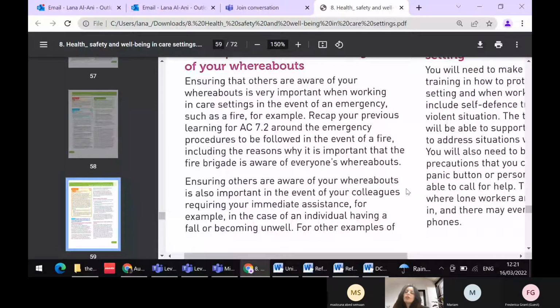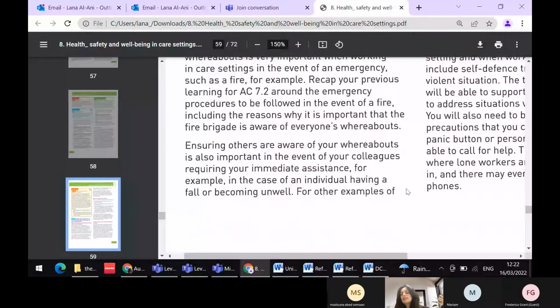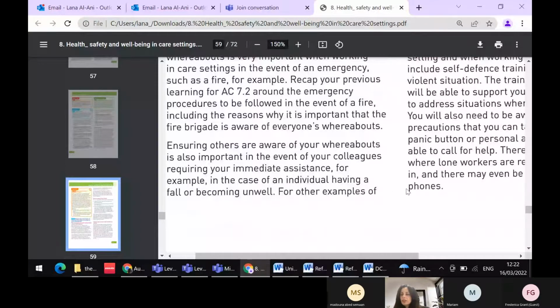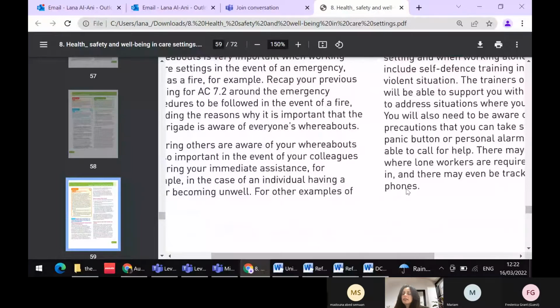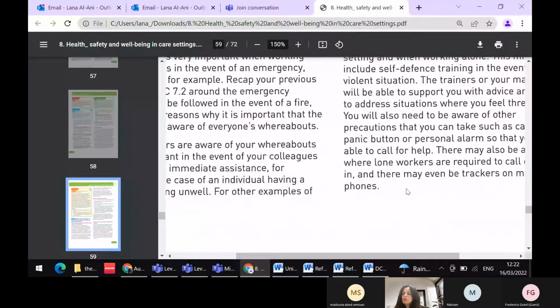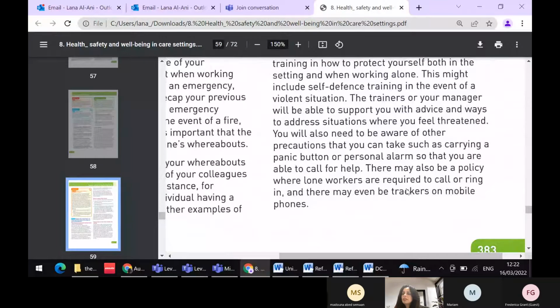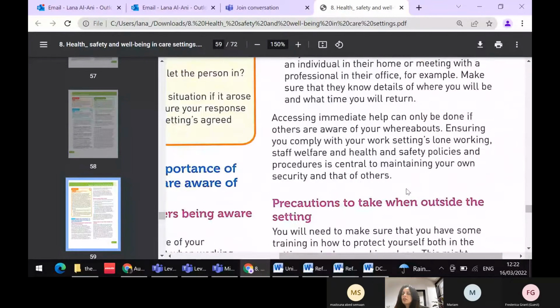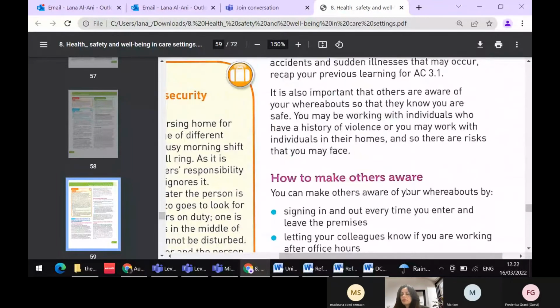Also, to make sure you get the assistance needed. If you go out with one of your clients and suddenly you have an accident or an injury on the road, then you can get immediate assistance. If you become ill suddenly, what would you do with the client? She's with you and you're monitoring her, but you're in the middle of the road. If they know where you are, you can just call them and get more assistance.